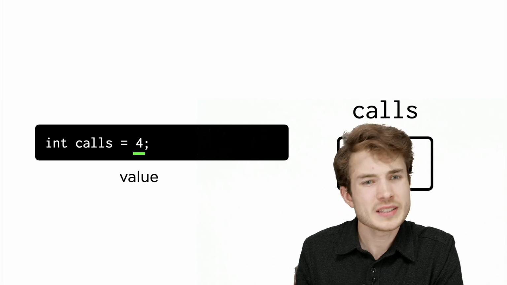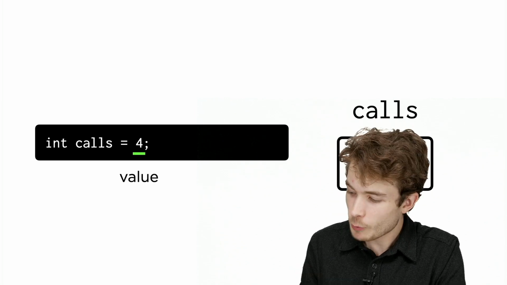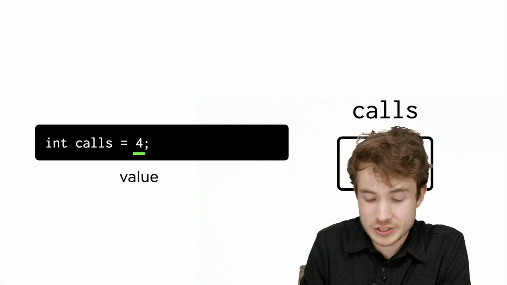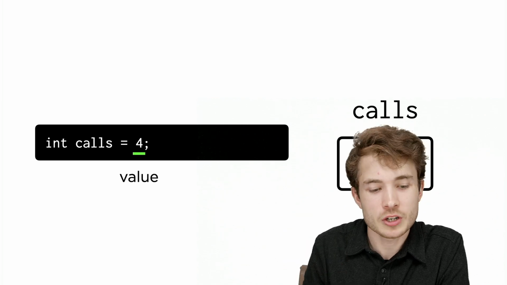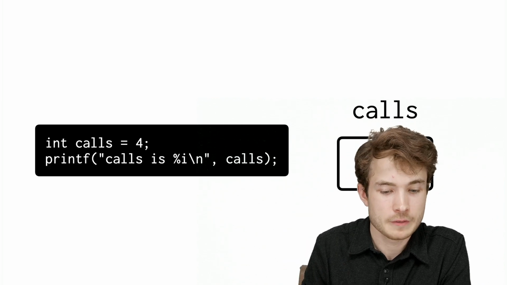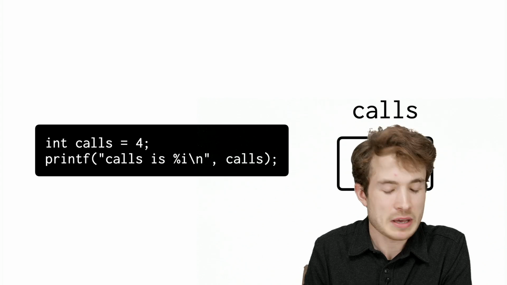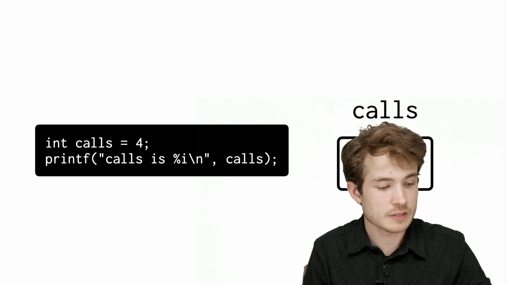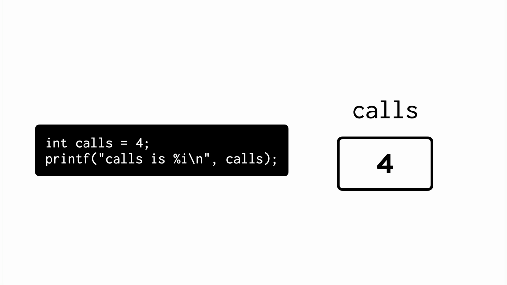So it's a way to get user input here, but now we can think about how we can print that back out. And to print things in C, we'll use this function called printf. So here we have that same line of code. Int calls gets the value 4. Notice how now calls is storing that value 4. But now on the bottom, we see